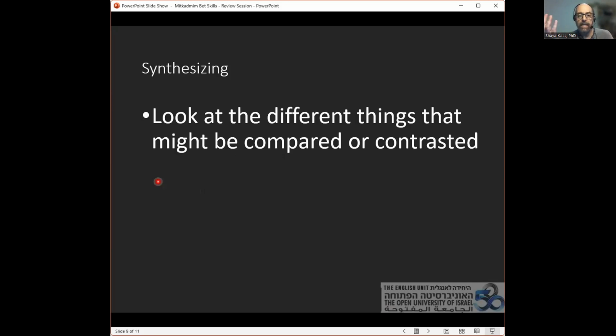You have to look at the different things that might be compared or contrasted. So this is important to remember, certainly for the final exam. So, for example, what type of study is being reported on? One might be an experimental study, and one might be a longitudinal study. So you have to say that Cohen took two groups and this and that, while Lopez had only one group who looked at it before and after, or whatever the case may be. But what kind of study is it?